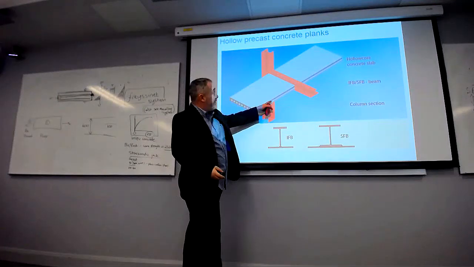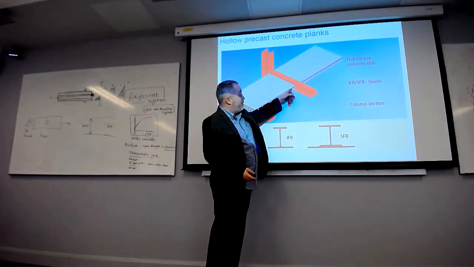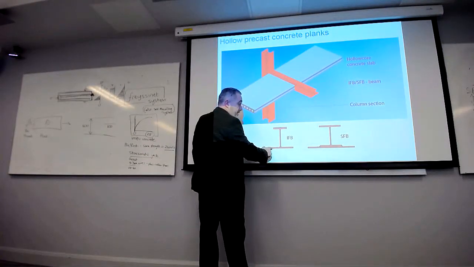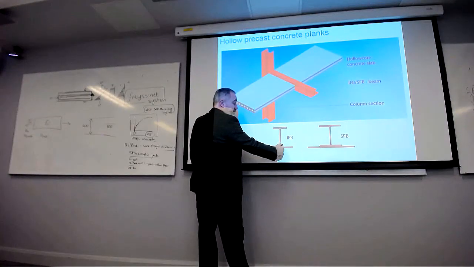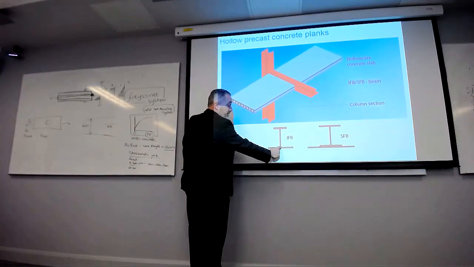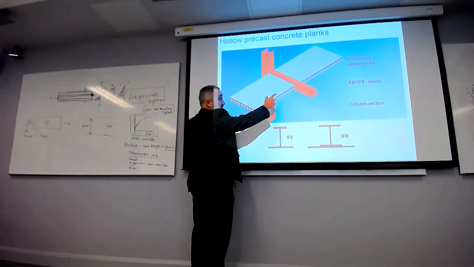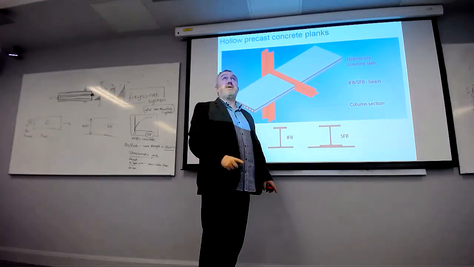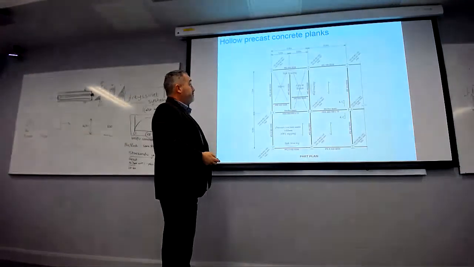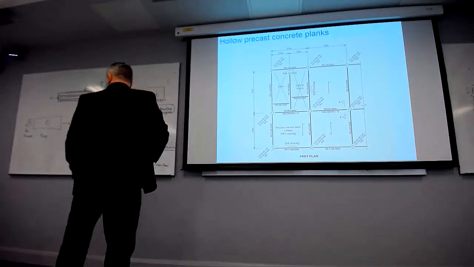And you can see here that the precast could rest on the bottom flange of an asymmetric beam. It could rest on the bottom half, which looks like it is on there. The ones in this building are resting on top of the top flange. This is just an example